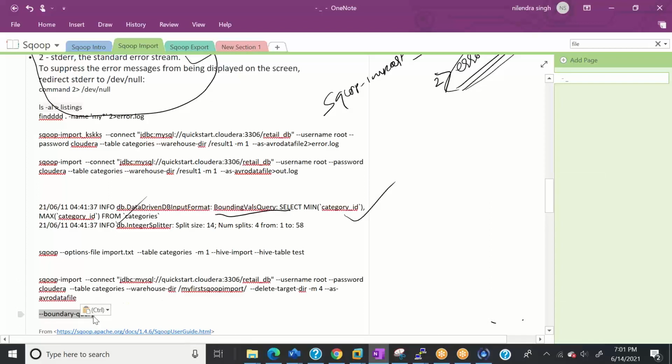If I need to use the boundary value condition, I'll put the boundary query anywhere here. Select, and I know from the database that I have only 58 rows which are of use to me, right? Select 1, 58. Let me run this query first.